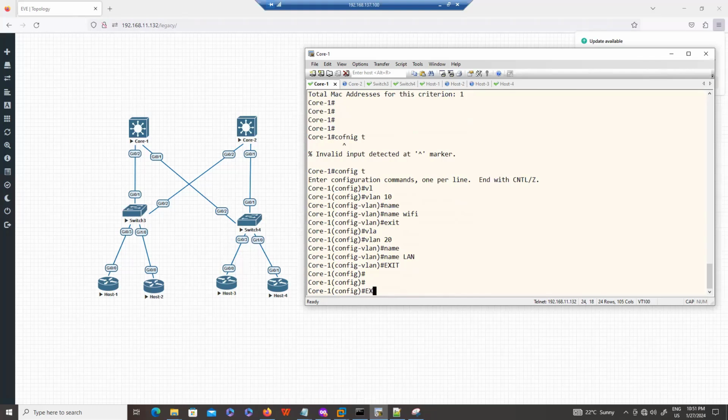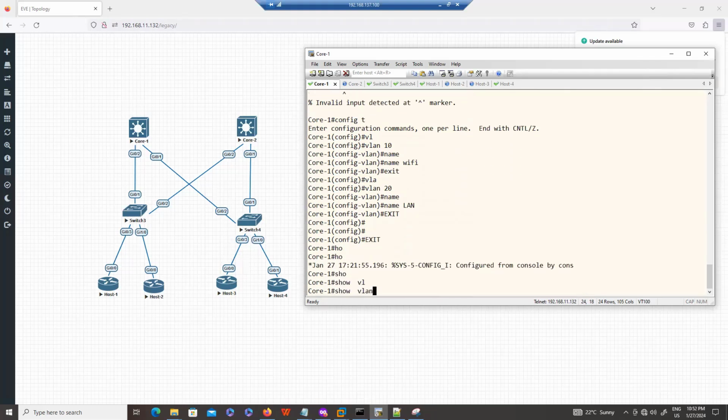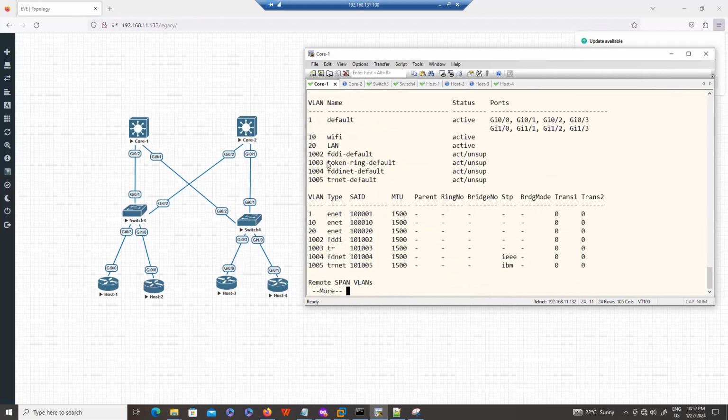The reason is, once you create the VLAN and run show vlan, any new engineer who comes may send you a ticket: can you put this device in the Wi-Fi VLAN? So that means for Wi-Fi, this is my VLAN.